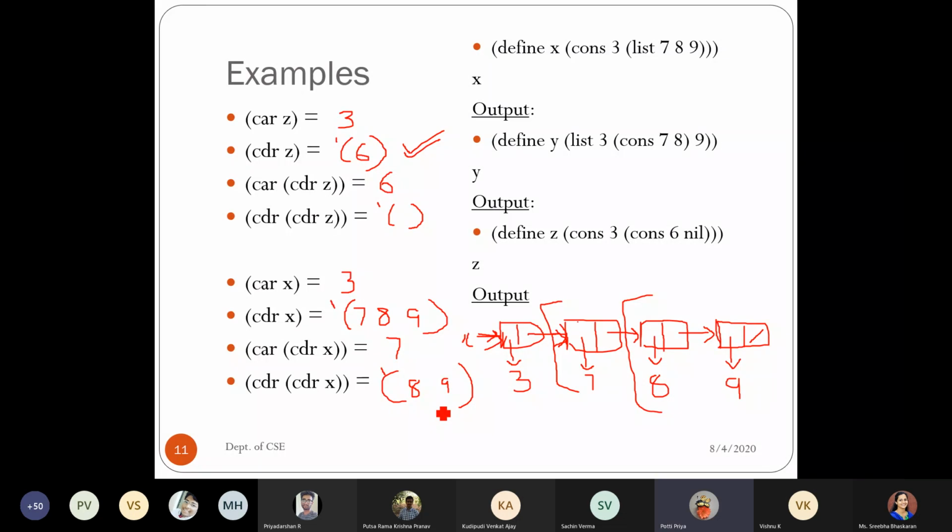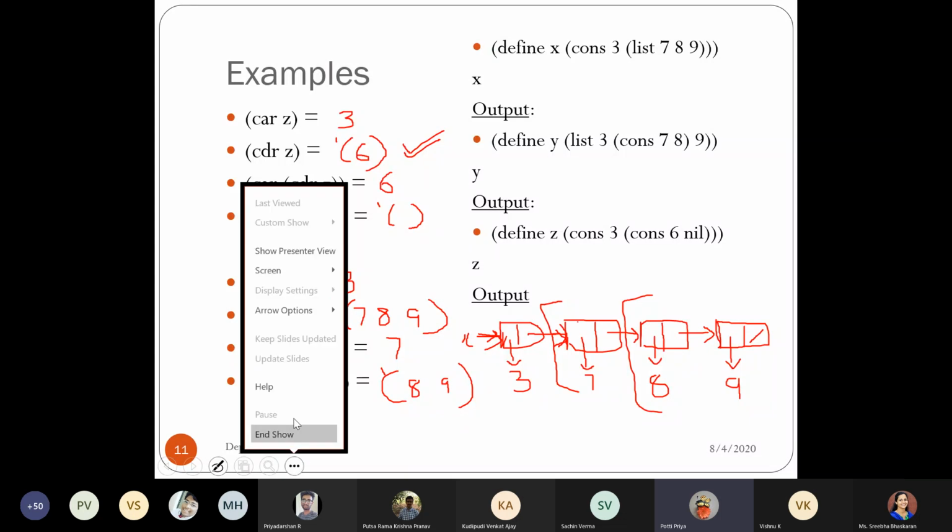So here we have written nesting of car and CDR just for convenience, ma'am. Like we have CADR also, no? If we can rewrite this once again.